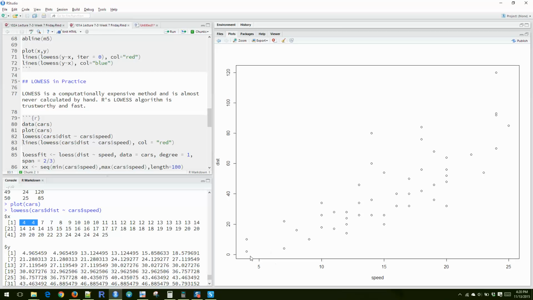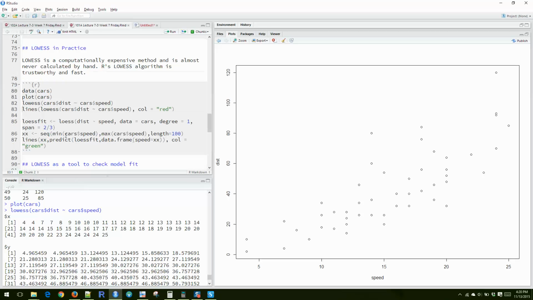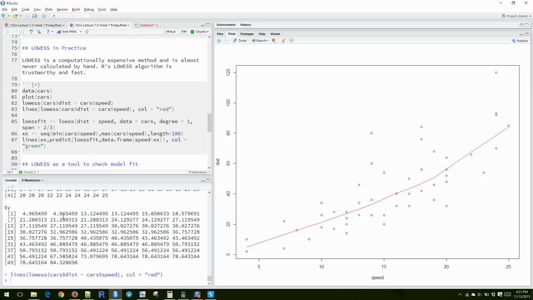So again, lowess is calculating values for each x that exists here, okay? And we can throw this into our plot using the lines command, which just joins all of these things together. And so it seems like there's a subtle curvature in our